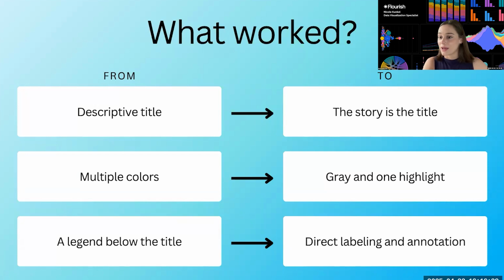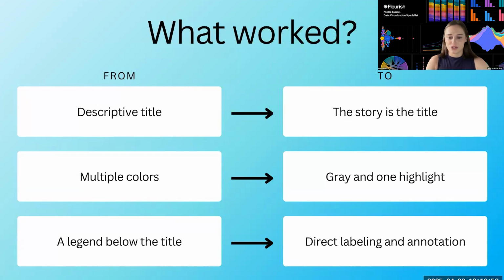I actually think gray is a really undervalued color, especially with data visualization. It can be really effective to use gray. Start there and then only add color where it's really emphasizing your key message and takeaway. Then I moved the legend from below the title, opted for direct labeling of my lines, and also added annotations where it added extra context to the story.